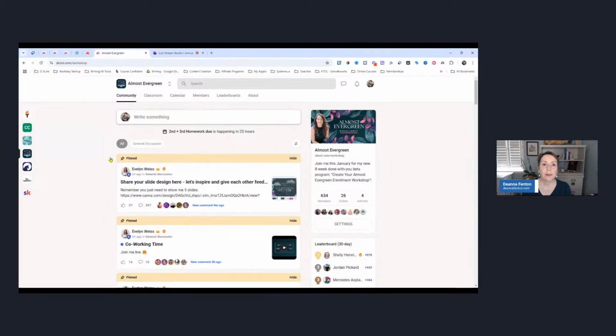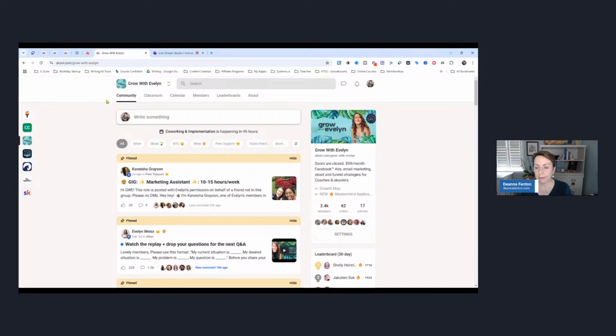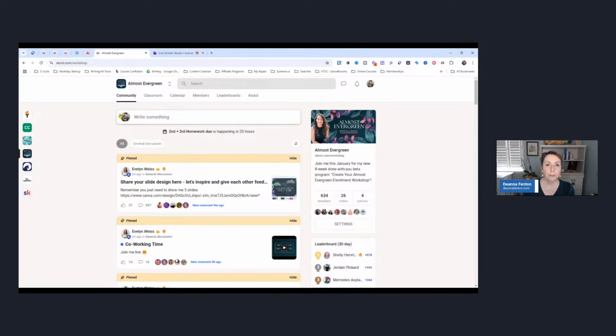So what Evelyn had to do was create another group. So this is super important. You can't have two groups under one community. So if you're going to charge a monthly recurring fee for a membership for a community here, but then you want to upsell people into a higher priced program, which is what this one was, for a one-time fee, you have to create another group.